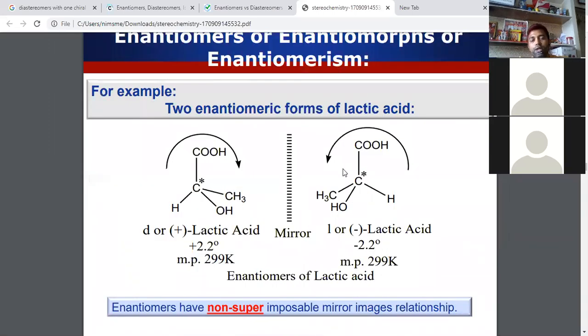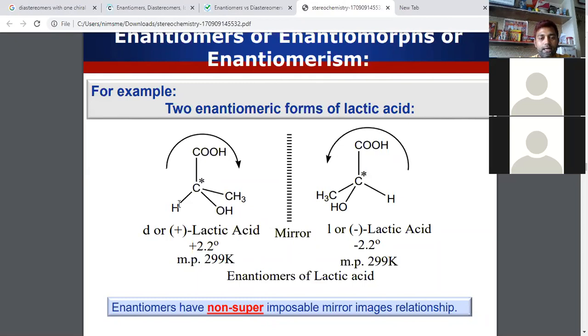Yesterday also we discussed lactic acid. Day before yesterday we had discussed lactic acid. So this is a stereogenic center or a stereo center. As I had told you, what are stereo centers? A center or a carbon which is connected to 4 different atoms or groups of atoms. So this is a chiral carbon, and also known as a stereo center, isn't it?